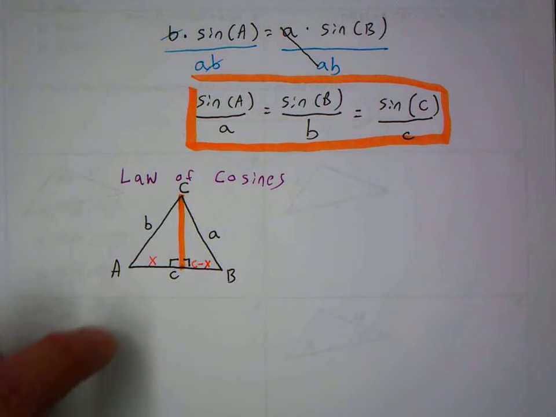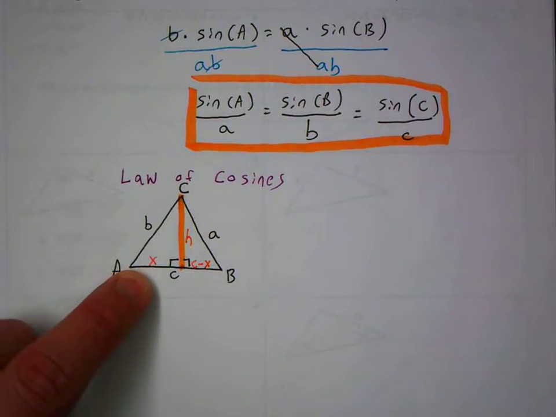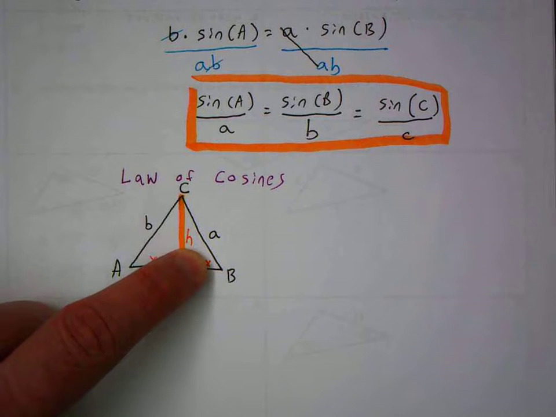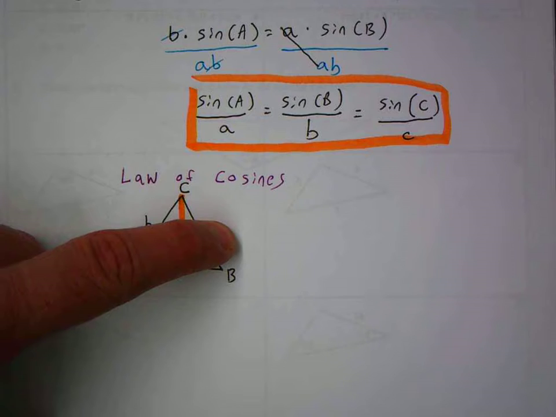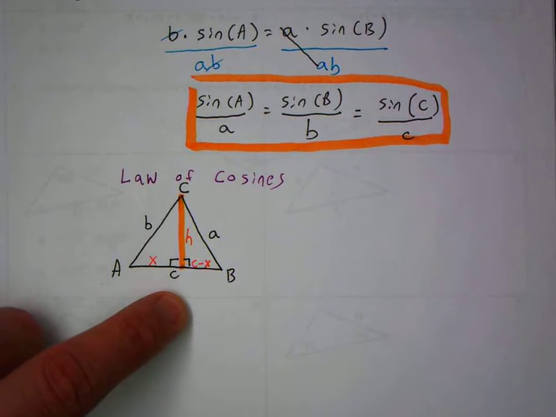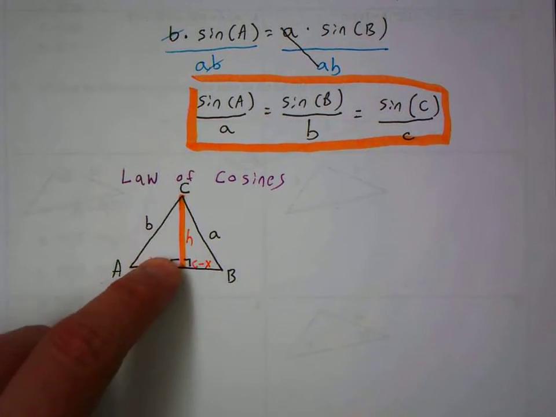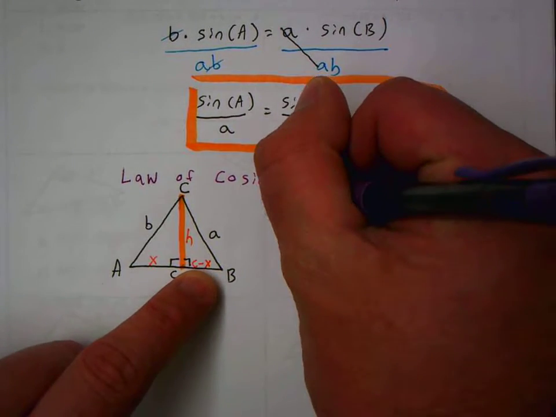So what I see now is, and we'll let this be H again. So I created two variables, X and H. We don't want a formula that has an H. We want a formula that only has capital A's, capital B's, capital C's, lowercase a, lowercase b, lowercase c. So first, I have two formulas I could put down. One, notice I can use the Pythagorean Theorem, that says if you take